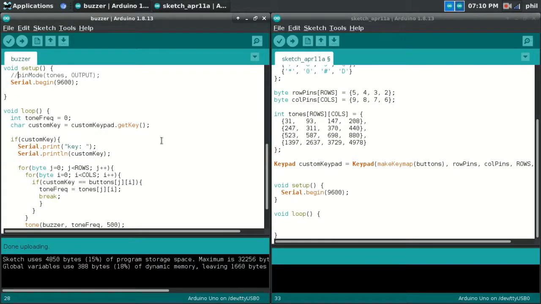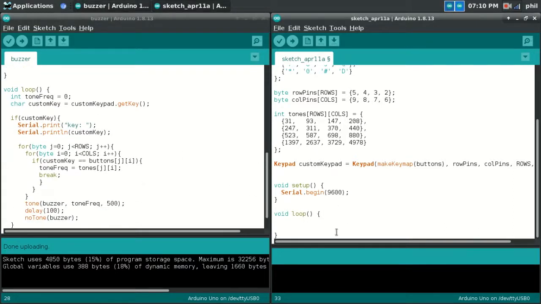Not much going on in the setup. Inside of the loop, we have a variable that is an integer called toneFreak,